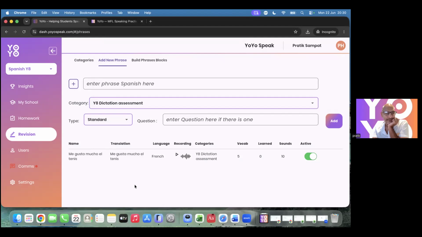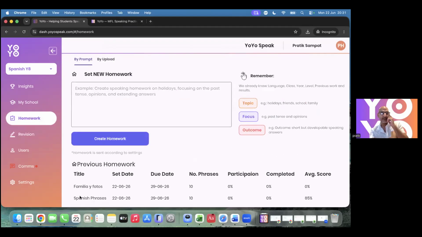Next question is, can you add a task but only for specific students, e.g., targeted intervention? No, you'd have to add them as a separate class. So the two pieces of homework that I added, the Spanish phrases, which was the sports ones that I dropped in here, and families and photos, which was the PDF I uploaded, would go to all of the classes.